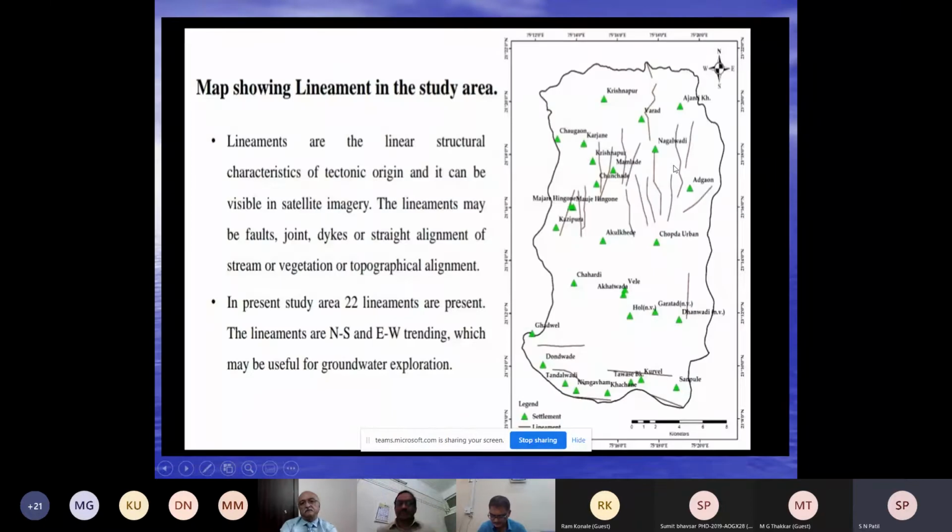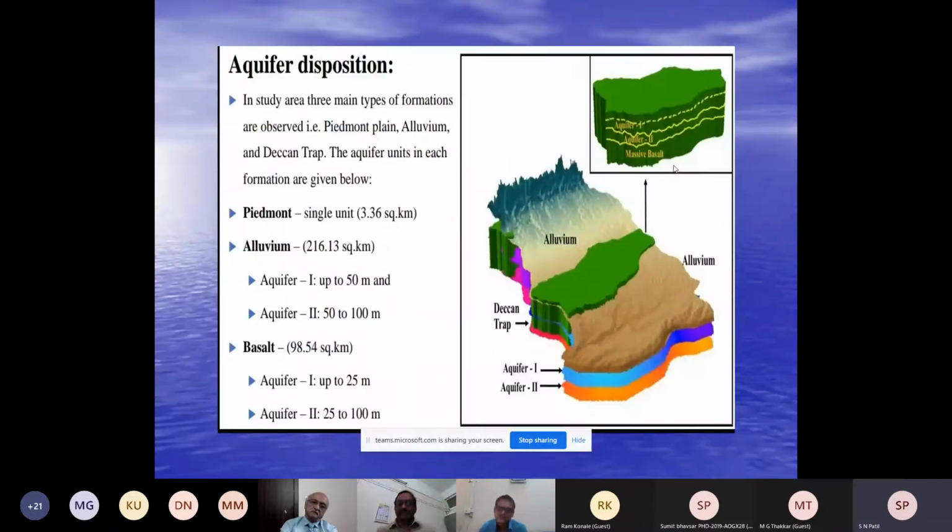Then this is the lineament map of that particular watershed, Tapi East watershed. There are 22 lineaments present, trending north-south or east-west, and this area has huge potential of water. Maximum water is utilized for cash crops like banana and sugarcane in the Chopra area, and also groundnut, wheat, and cotton. Then for the aquifer in the study area, this particular Chopra inlier, three main types of formations are observed: